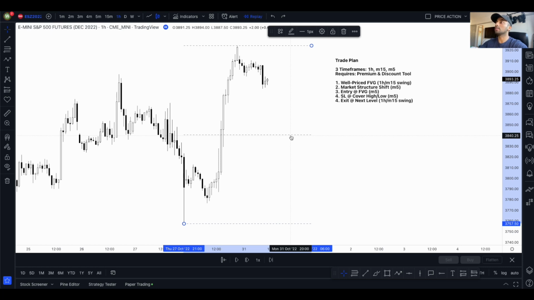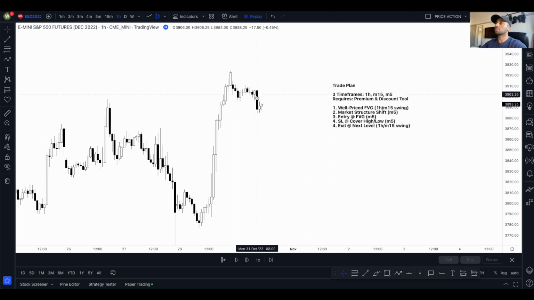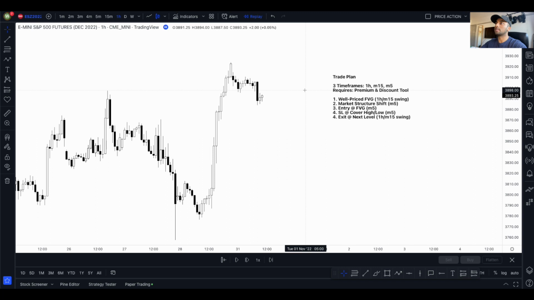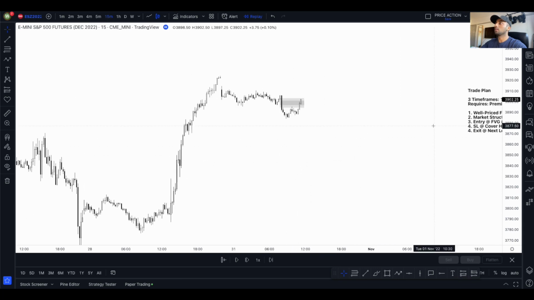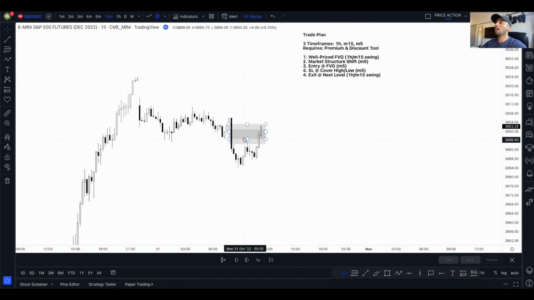So what we're going to do is we're going to go into the M15 time frame, because now we understood that on the hourly we're looking for shorts based on the premium and discount tool and based on the swing I just showed you on the hourly. So if we go to the M15, you guys can see, I'm going to bring the trade plan across here. Now what we're looking for is, I will actually get rid of this,